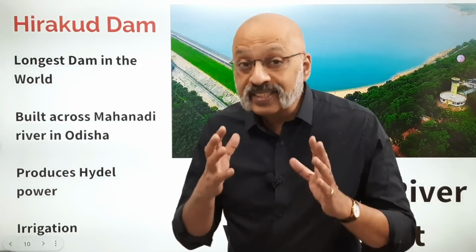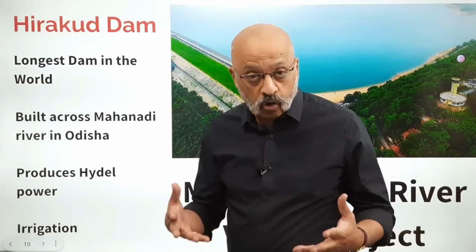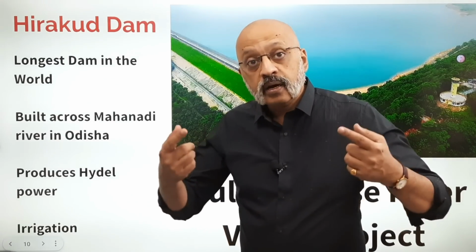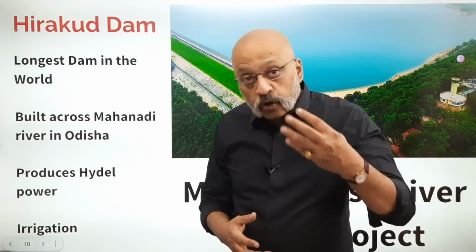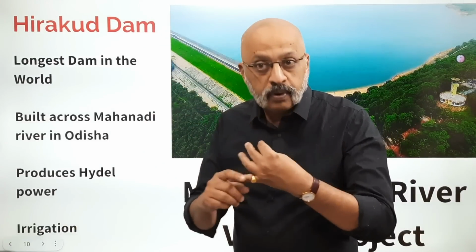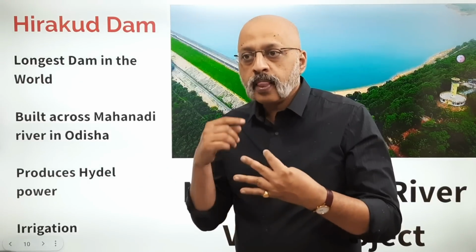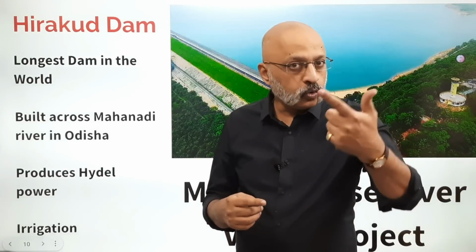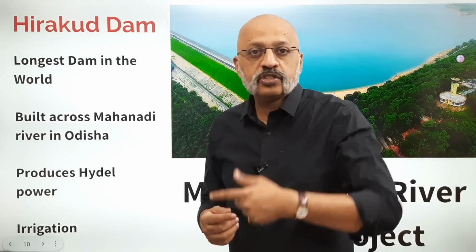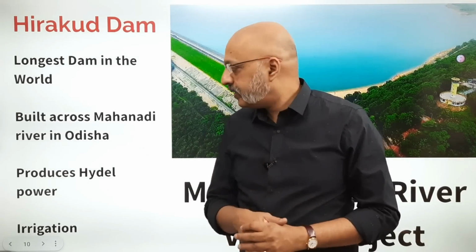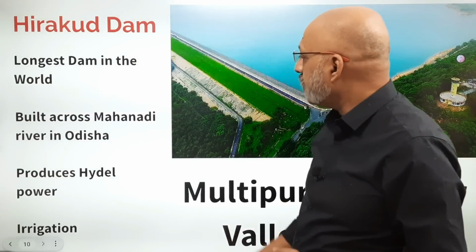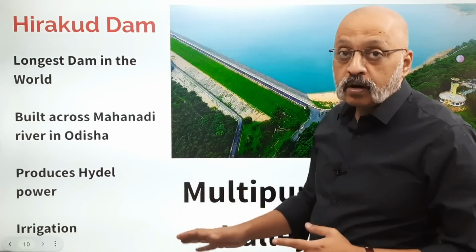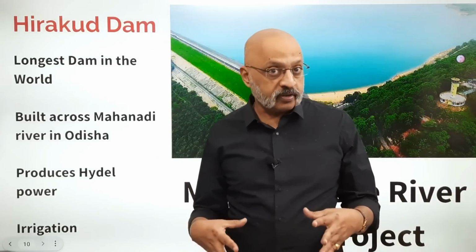It irrigates about 75,000 square kilometers of farmland, and it provides irrigation for both the Kharif and the Rabi crops in 4 districts of Odisha, which is essentially Sambalpur, Subarnpur, Bolangir and Bargarh. 2 districts starting with S and 2 districts starting with B. So you could remember it accordingly. They are in the Mahanadi Delta. So that is as far as the Hydel power portion of this energy resources chapter is concerned.